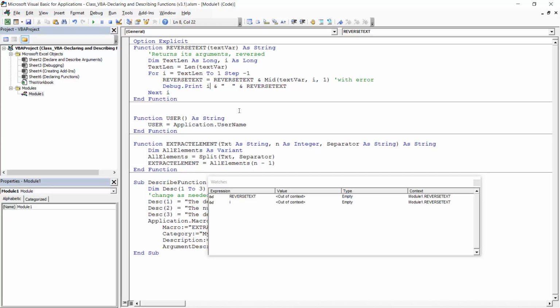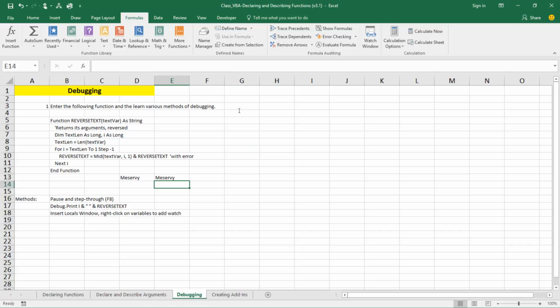So we'll go back, Alt F11, and let's rerun this. Ah, that's much better. YVRESEM. Okay, we've got it working now. The function is fixed, or debugged as we put it. Let's do something else just for the fun of it. It won't be on any test or exam or any homework, but it's worth taking just a couple of minutes